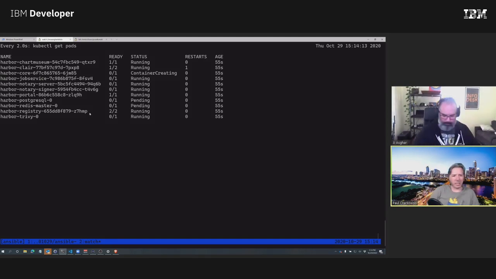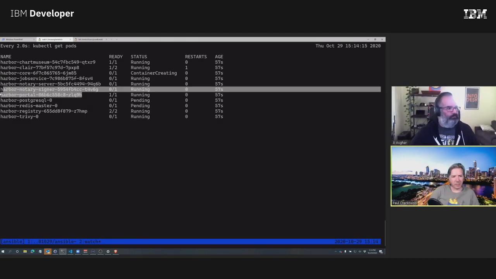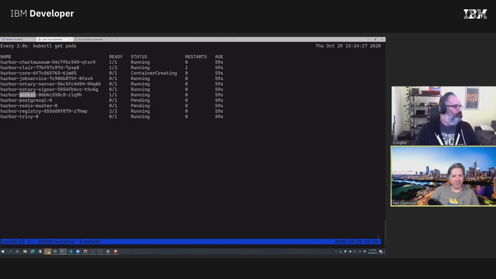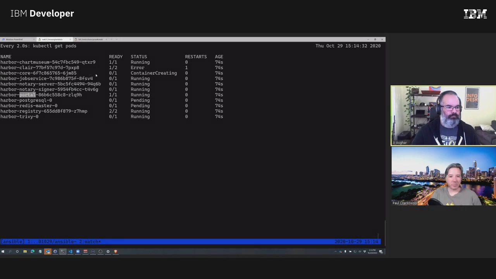I think portal is an Nginx proxy. And that Nginx proxy often gets in the way because it's not really configured all that well. So if you have larger images or images with lots of layers, Nginx can actually break your pushes, which I've learned the hard way. So eventually core will come up.